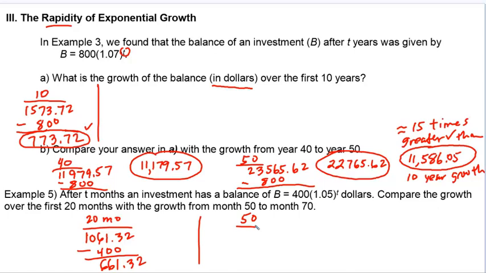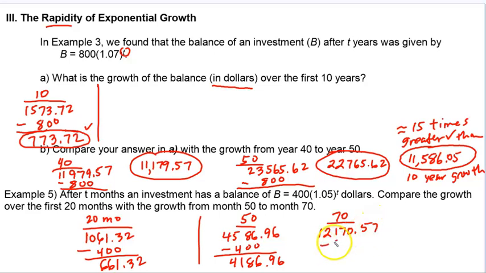Okay, compare that to the growth between months 50 and 70. So if you plug in 50 for T into the same formula, at the end of 50 months, the value of the investment is 4586.96. But subtracting off the initial 400 will tell us how much it grew. So it grew by 4,186.96. And then month 70, same thing, we're going to let T become 70. The balance of the investment at the end of the 70th month is 12,170.57. Take off the initial 400 so we can see growth,